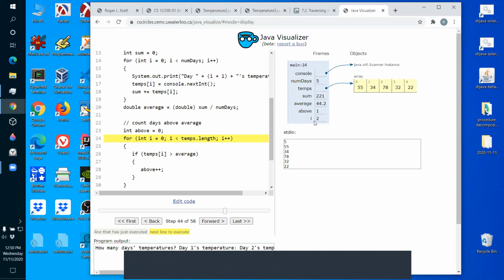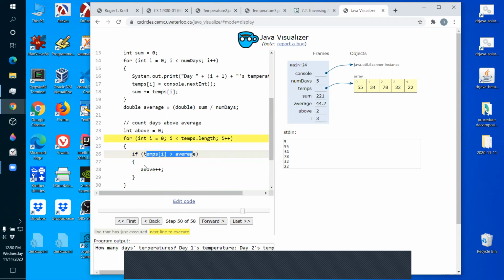Okay, so now we're at index 2. At index 2, there's a 78. 78 is above average, so we have to count it. Now we're at index 3, which is 32. 32 is not above average, so this is false and we don't count it.